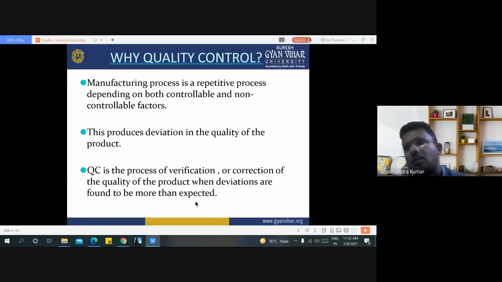It may be a change of raw material, a change of machines, and sometimes a change of skilled or non-skilled labor also. This is the overall process of quality control. The changes are made for the deviation in the characteristics relative to the characteristics we described earlier, or planned earlier.